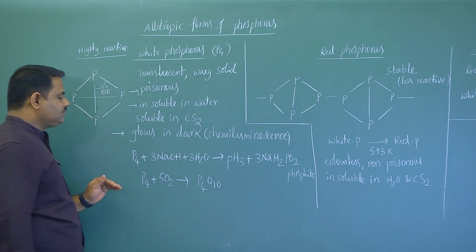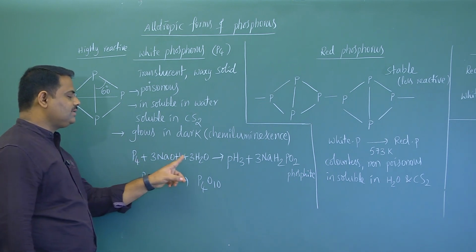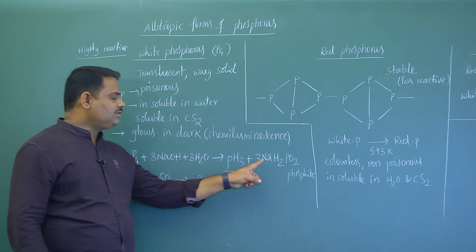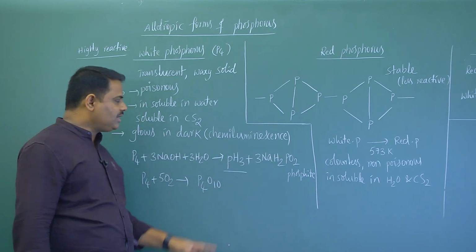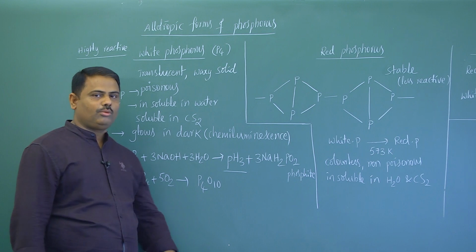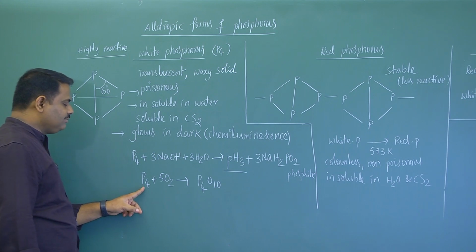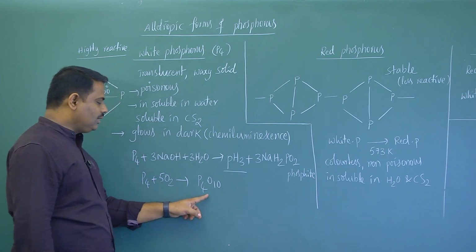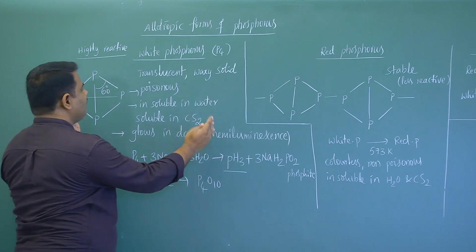Now come to chemical properties of white phosphorus. When white phosphorus reacts with sodium hydroxide and water, it gives phosphine. And this is sodium dihydrogen phosphide. Here the major product is phosphine. This reaction we can use in later points, that is phosphine. Now here white phosphorus burns in oxygen and it gives P4O10. This is nothing but a dimer of phosphorus pentoxide. Now this is regarding white phosphorus.